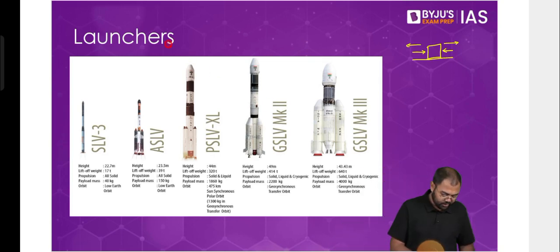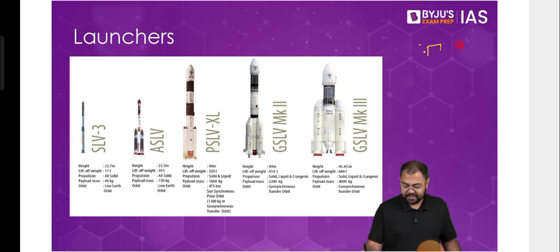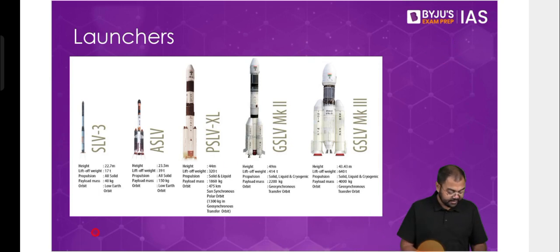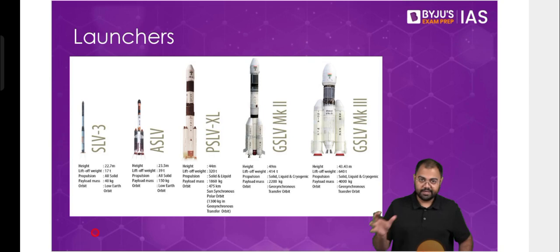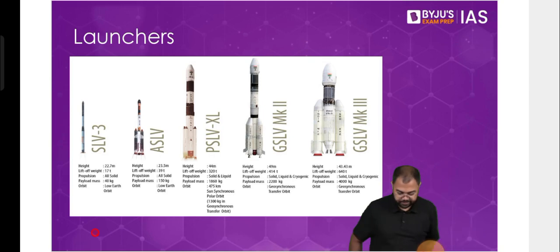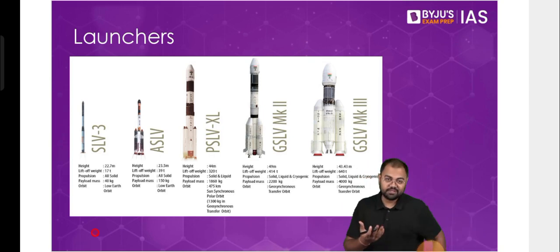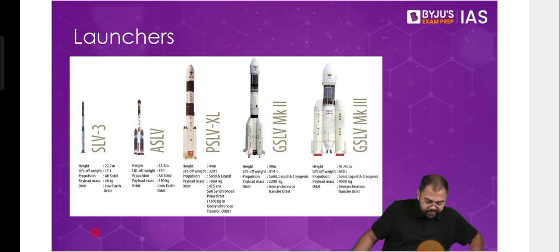All right. So the next topic for us is launchers. Launchers basically help us in launching the satellite. Until now, we have discussed the orbits of the satellites, and how exactly we need these orbits and these kinds of phenomena. What exactly happens while we try to launch any given satellite? Now, to launch any satellite, we need something that will launch that satellite, and this is called a launch vehicle, or the launcher.